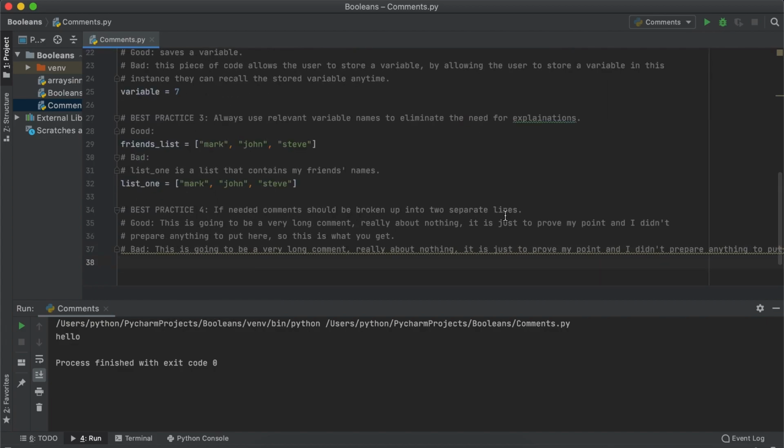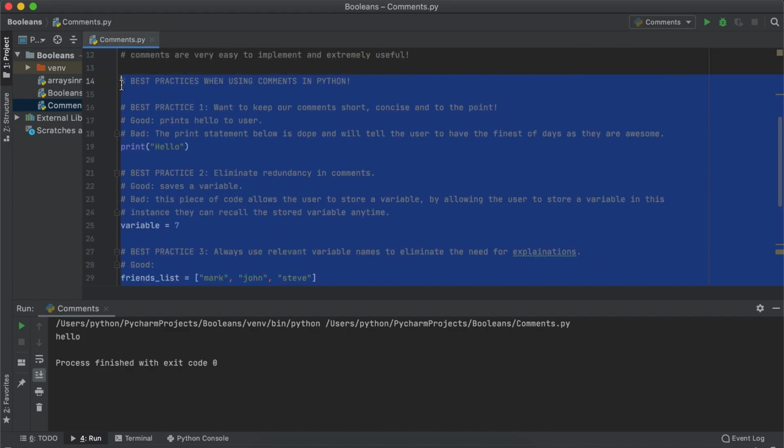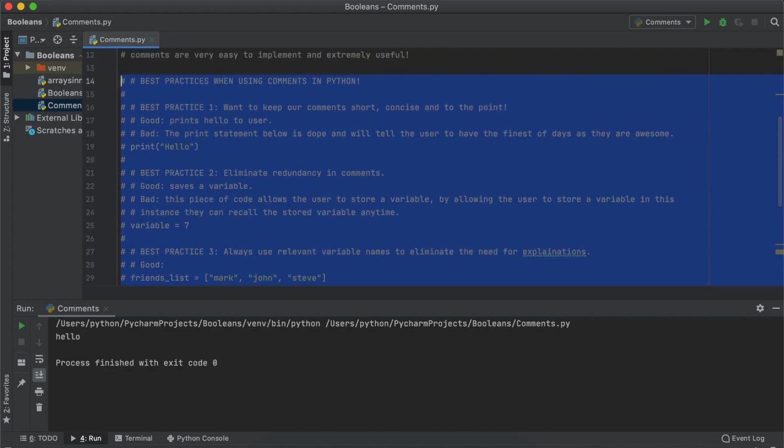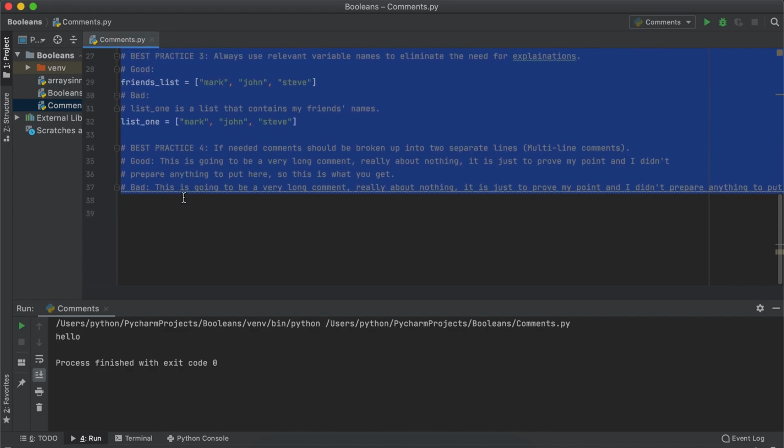If you're experimenting with your code, which we often do, an excellent way to comment and uncomment large chunks of code is by highlighting the code you want to comment and hitting Command / on a Mac or Control / on a PC. If you wish to uncomment, just repeat this.